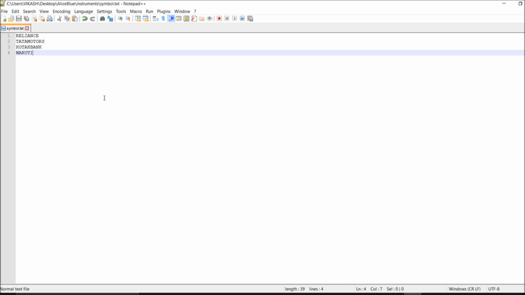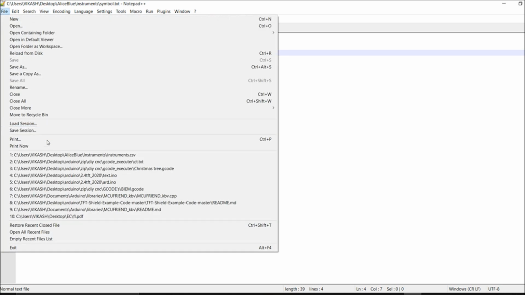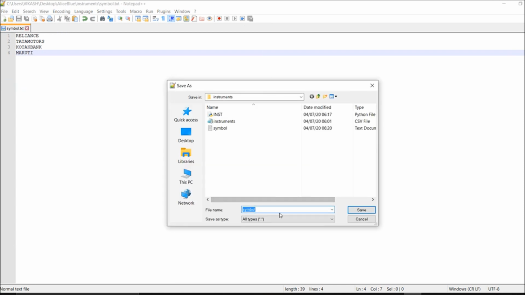So just say Maruti, okay, and right now you can save and rename it as symbol.csv, okay.